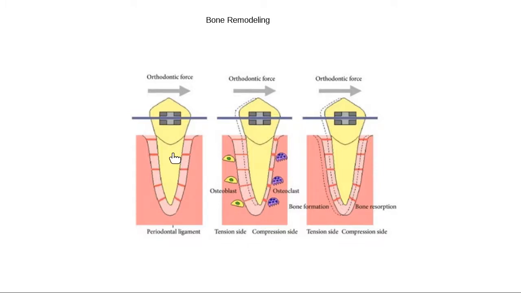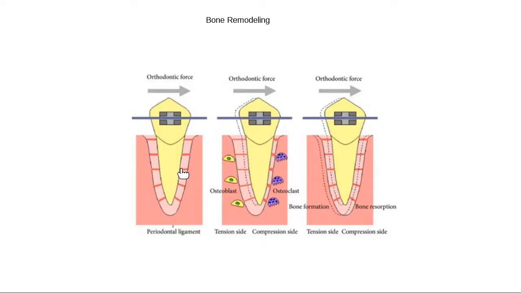We start with a tooth that's in the socket, and let's say that this tooth is too far apart from its neighbor tooth. So I need to pull it closer to its neighbor tooth. So what we do is we attach some metal to that tooth, and we use wires in between it and its neighbors to start pulling the tooth toward the middle. Now, as I pull the tooth this direction, I start putting pressure on this side of my tooth socket over here. The pressure that I put on this side of the tooth socket tells my osteoclasts that we don't need all of the bone tissue that's over here.